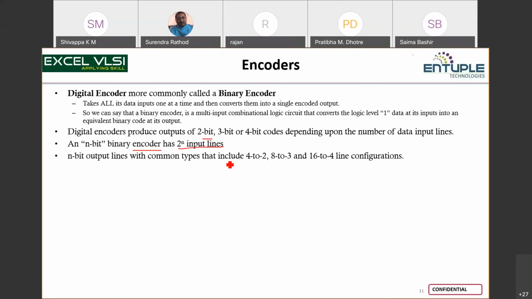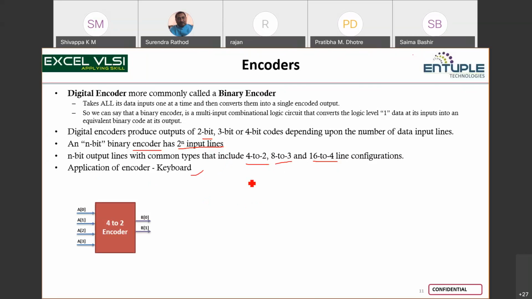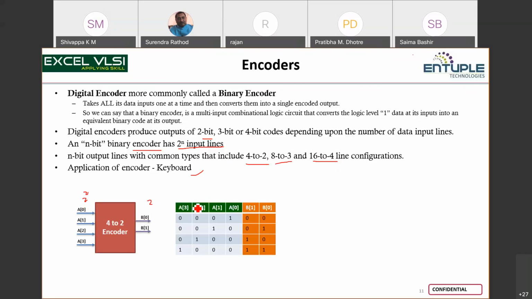Commonly used are 4 to 2, 8 to 3, and 16 to 4 line configurations. Some applications can be a keyboard. So this is a 4 to 2 encoder. Basically 2 to the power of 2 inputs and 2 outputs. And how it works is,